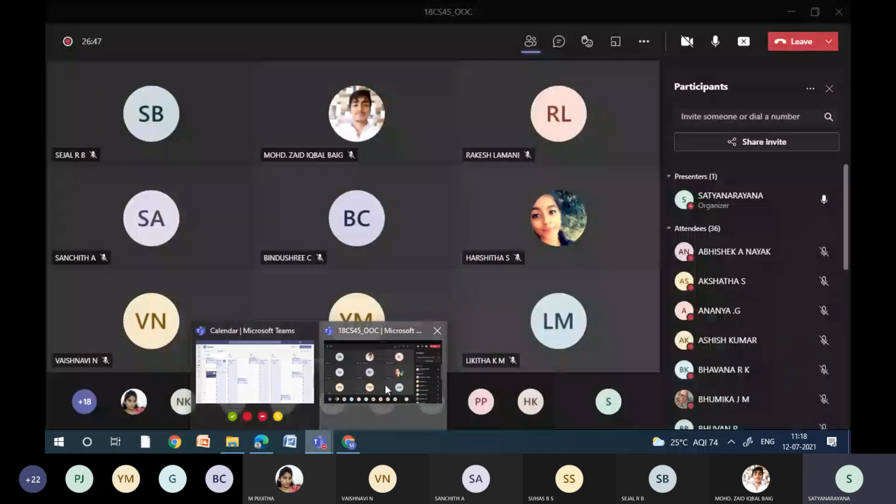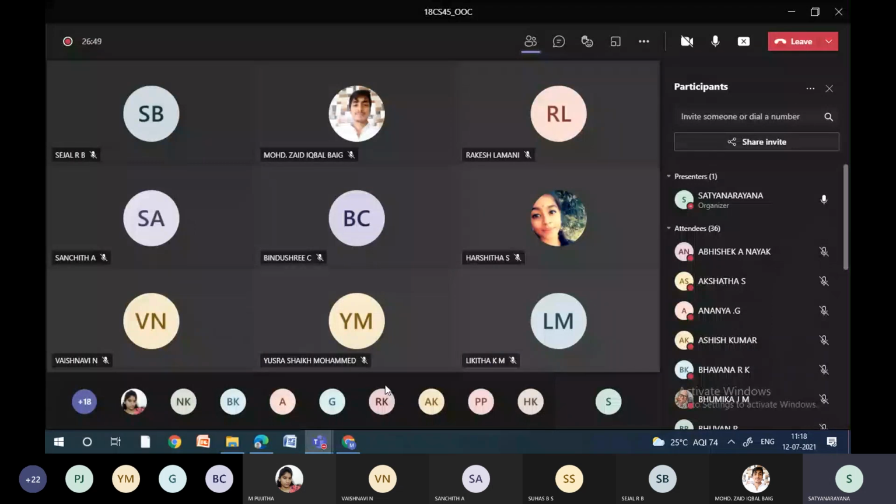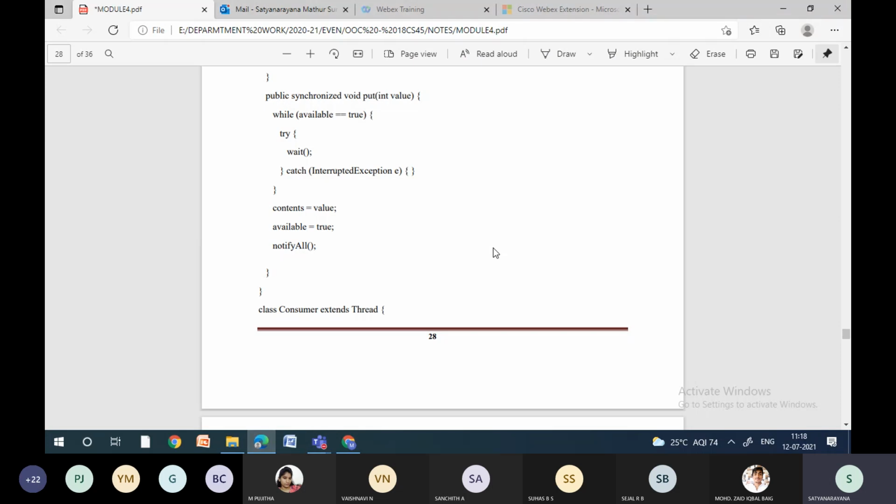So I think everyone is clear up to this. There is one get method, one put method. Why are we writing the get method? To check whether the buffer is full or not. If the availability variable value is true, that means the buffer is full, we are going to take out those items. How are we going to take them out? We are going to notify all the threads. Notify all is the method which we are going to use, saying that hey, you go and consume the items. So which thread is going to access? As I said in the threads concept, first come first serve. Whichever thread comes first is going to access first. So that is with respect to your put method.